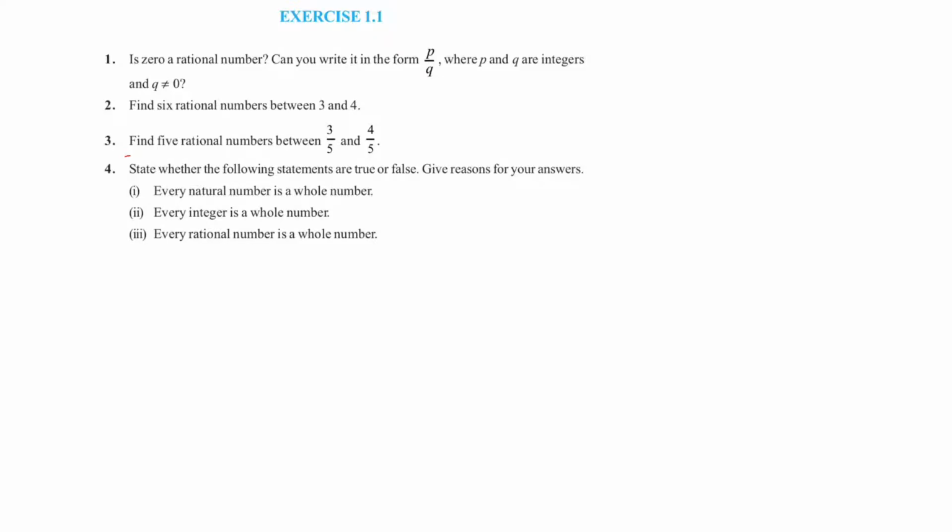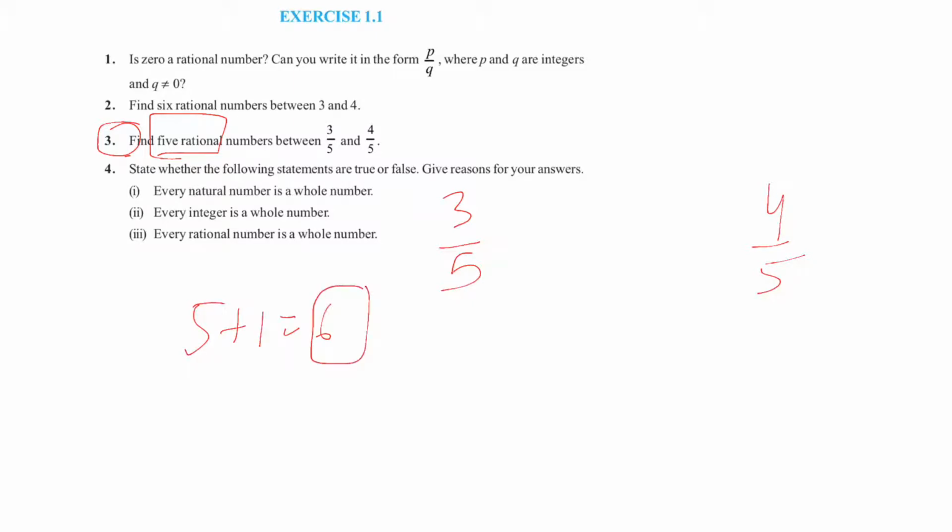So here we will take the example of question number 3, which is: find 5 rational numbers between 3 by 5 and 4 by 5. If we have to find 5 rational numbers between these two numbers, then we will take the digit 5 plus 1, which is 6. So we will just increase by 1 the number of rational numbers we have to find out, and then we will simply